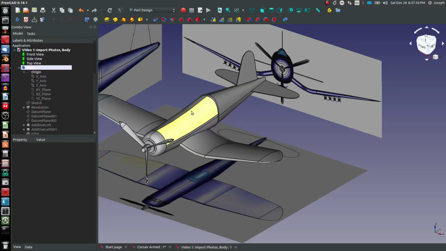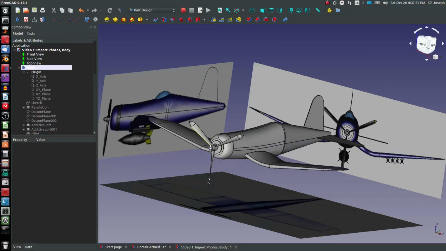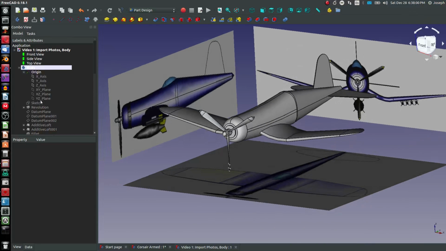Next, we can do the canopy. And I think that would be nice because I think once we do the canopy, it completes the plane, and then we just have to work on the arms. I have this down here as a bomb. I think they actually use it as a fuel tank, but hey, it looks cool with the fins on it no matter what. So I'll go on to another plane, the XY plane,